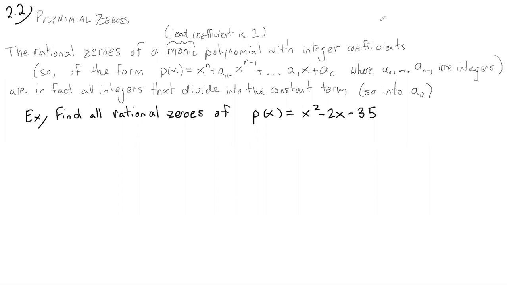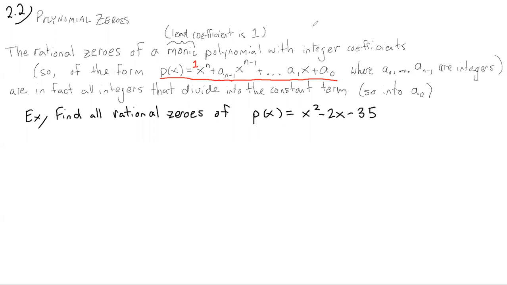The rational zeros of a monic polynomial, so a polynomial whose lead coefficient is 1, which means it starts with x to the something, nothing out front, and with integer coefficients. So all of those numbers that you'll see should be integers. It'll be of this form that's written here, and that form is really important. So x to the n, there's like an invisible 1 out front, plus an integer times x to the n minus 1. It could be 0, and then it's integer times powers of x all the way down to a